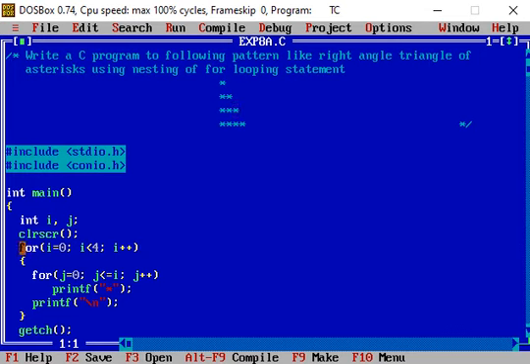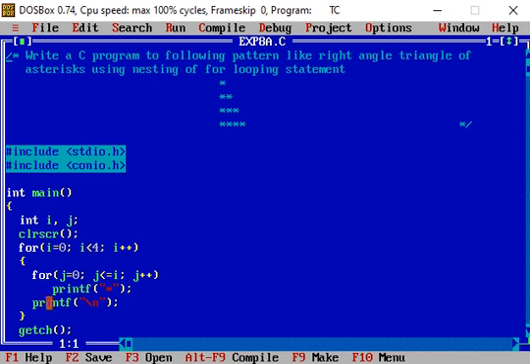So in this program, int i, j, this statement defines two integer variables I and j. Then clrscr clears anything previously written on the output screen. Then for I equal to 0, I less than 4, I plus plus.